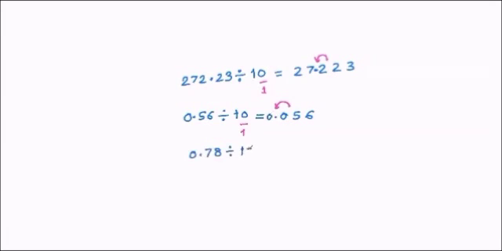Let's do one more. Take 0.78 divided by 100. Write the number as it is without the decimal point. Take the decimal point just for your reference here, and then count the number of zeros in the divisor. It is 2. Move 2 places to the left. 1. Now we don't have the second place, so what we have to do is take one more 0 if we don't have the second place. So let's move one more place, 2 places here. So our decimal point comes here and our answer is 0.0078.